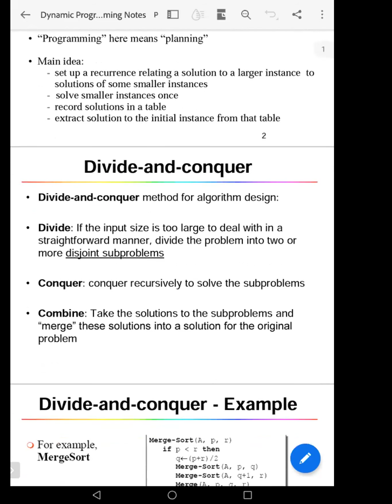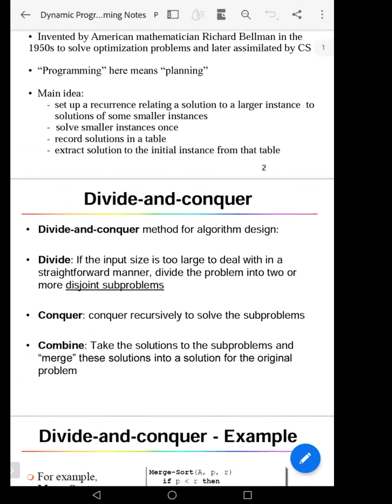In divide and conquer, we divide the problem into subproblems. The same is the case for dynamic programming. We solve the subproblems using recursion in divide and conquer as well as in dynamic programming. But in divide and conquer, we do not store the solution of the subproblem. So every time we need that subproblem, we have to recompute that subproblem. So it takes